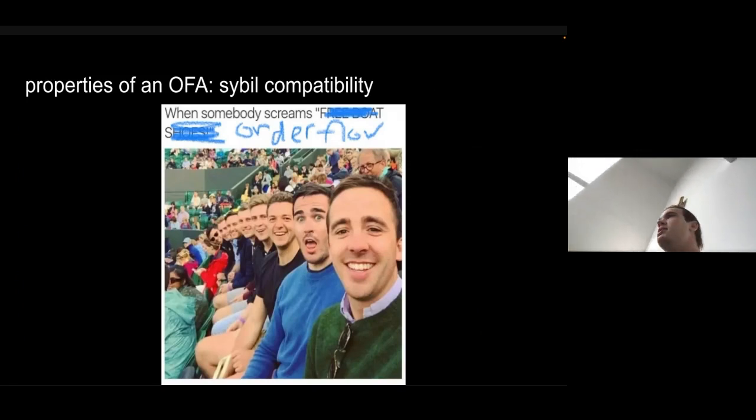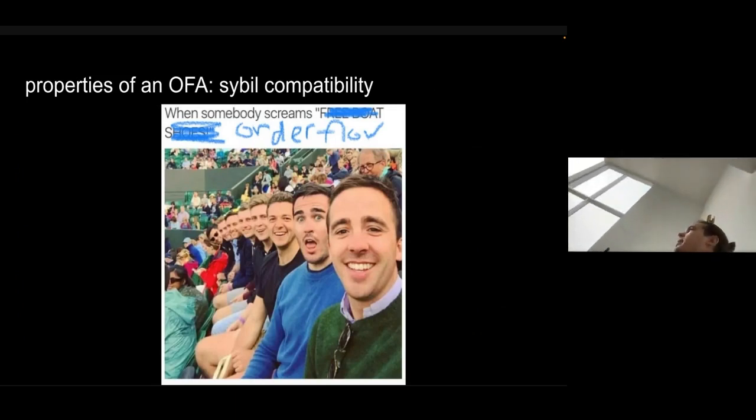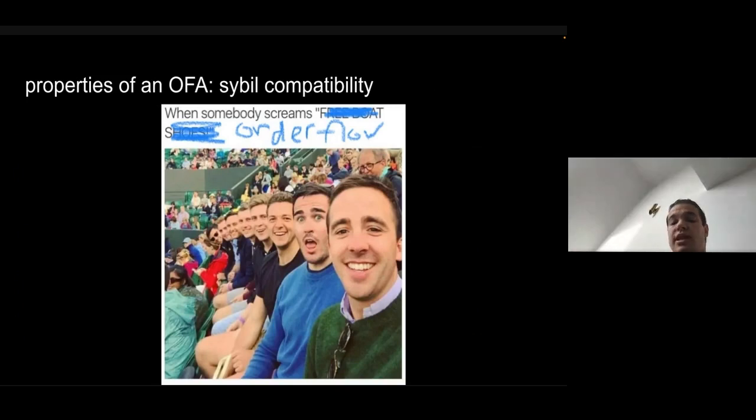One of them is Sybil compatibility. I say Sybil compatibility instead of Sybil proofness or Sybil resistance because, as we all know, we operate in a world where we have cheap pseudonyms. It's very easy to make a fake account, a new EOA, and all of our auctions will exist in this kind of world unless we implement some mechanism to prevent it. Sybil proofness has been used to imply that actors should not create any Sybils, but that's quite a strong requirement. I would say the requirement should be that the auction operates well, even in the presence of Sybils. I'll get into more details in a second.